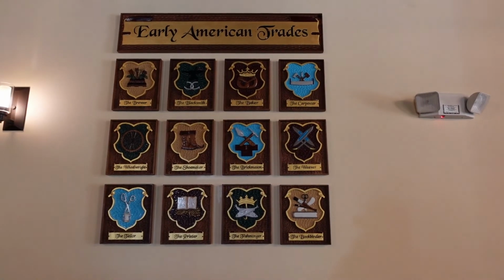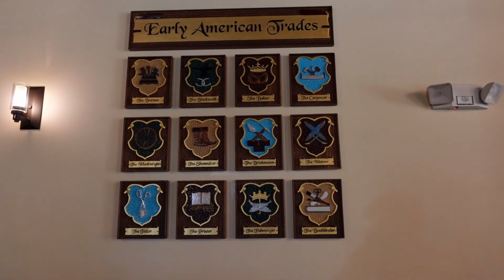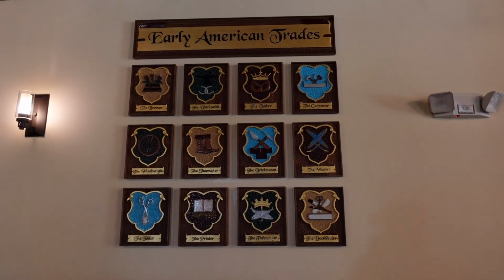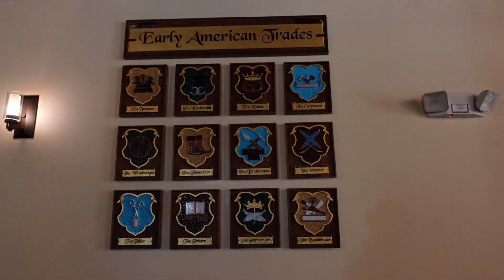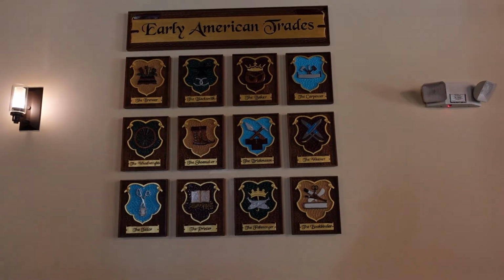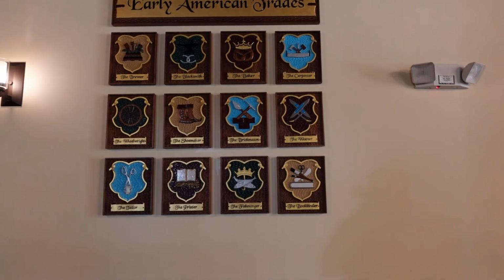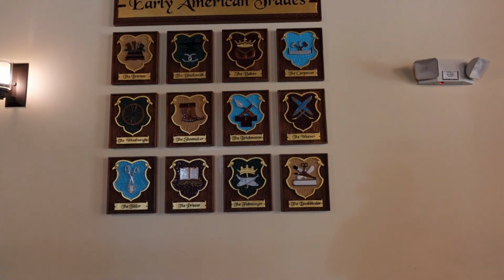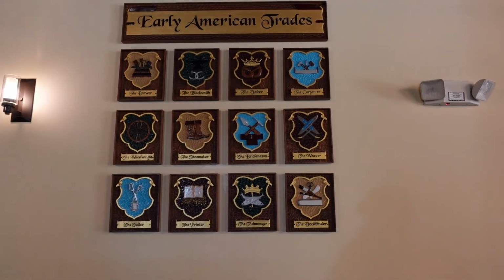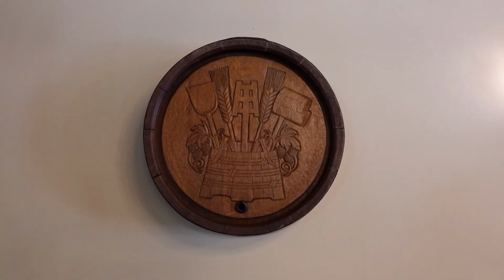This is pretty neat here. The old early American trade guilds here. That's their emblems. A lot of times they would post those in front of their stores so you knew exactly what they were doing, what their shop crafts were in their store. From the tailor to the blacksmith, of course, to the brewer, the baker, carpenters, blacksmiths, shoemakers, brick masons, the weaver, fishmonger, bookbinder, the printer, shoemaker, and the wheelwright. That's pretty cool. And of course here is the brewer, the symbol of the guild of the brewer at Olde